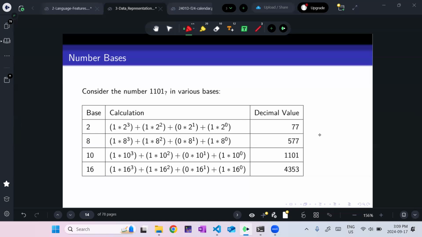So if I have a number 1101, I can actually represent what the value is. It depends on what base I'm using, right? Because 1 appears in all the bases, 2, 8, 10, and 16. So in base 2, it would be, well, we did this earlier. 1 times 2 to the power 3 plus 1 times 2 to the power 2. This is 0. So we get,